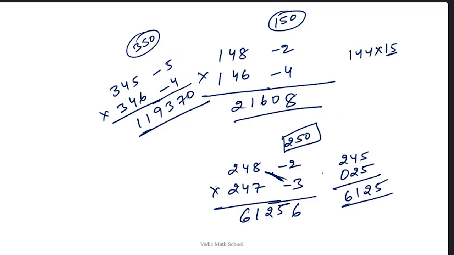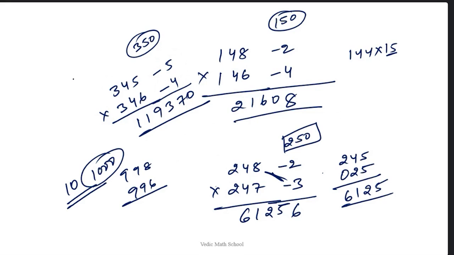One more thing, here is the caution. Actually, if you are going to force one method on each and every number, then calculation will become hard. So I started with the number which is a multiple of 10. And can you see that when we are doing the multiplication with 998 or 996, this is very easy. But you will find this is hard. Why? Because here the 1000 base is a direct multiple of 10, right? Multiple of 10, very easy. But here the base is what? 350. Because of that, your multiplying factor is 35, which is not a multiple of 10. And that is the reason you find it difficult to do the multiplication.